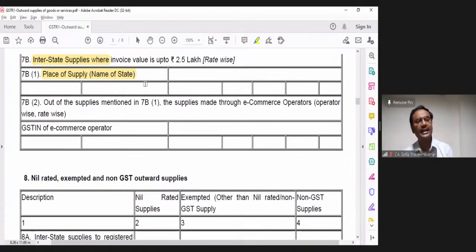If I don't fill this data, how does the government know, sitting in Karnataka, that I made a B2C supply to Tamil Nadu and a B2C supply to Maharashtra? How does the government know that when Praveen paid IGST of 50,000, 30,000 should go to Tamil Nadu and 20,000 should go to Maharashtra? For that B2C transaction, my state-wise data on this table 7B, it goes. If you see, it says based on state-wise, you consolidate your data and you enter.